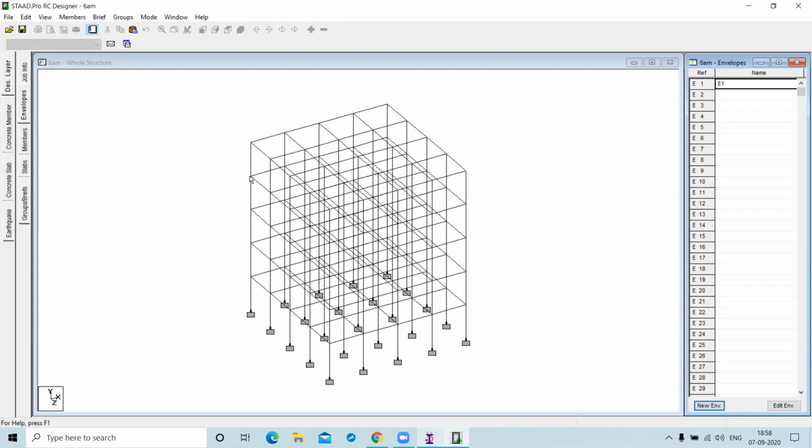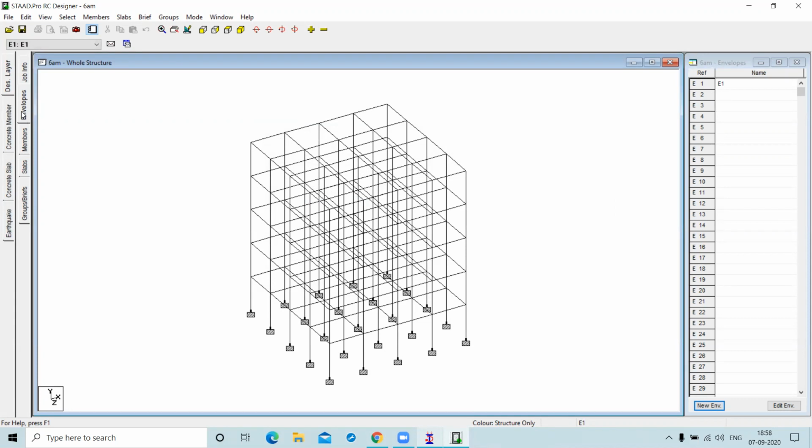You have to select the related load in the particular envelope. So this is sufficient. Now this is your envelope.